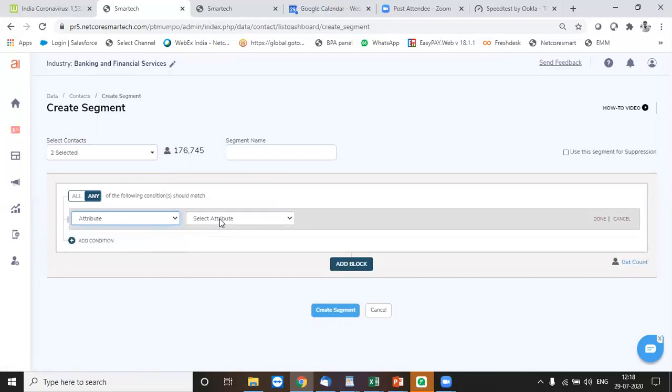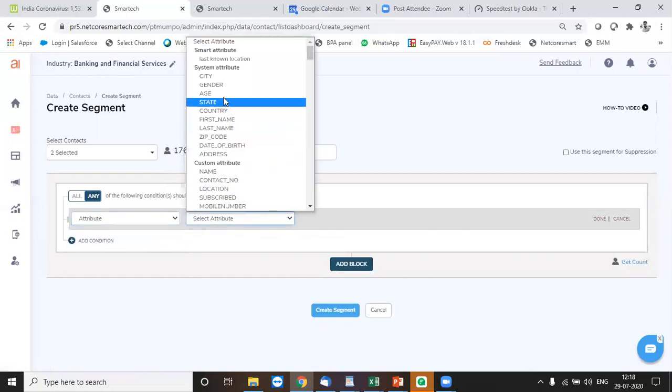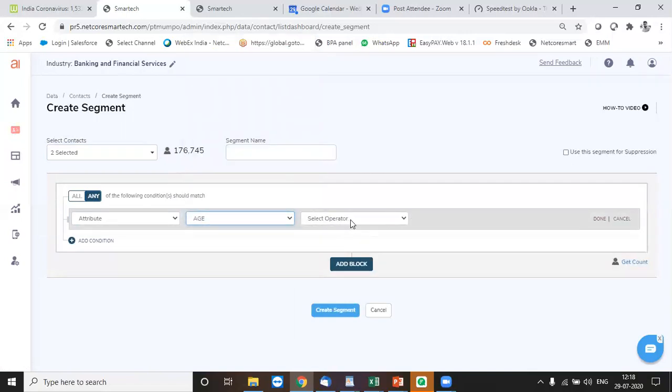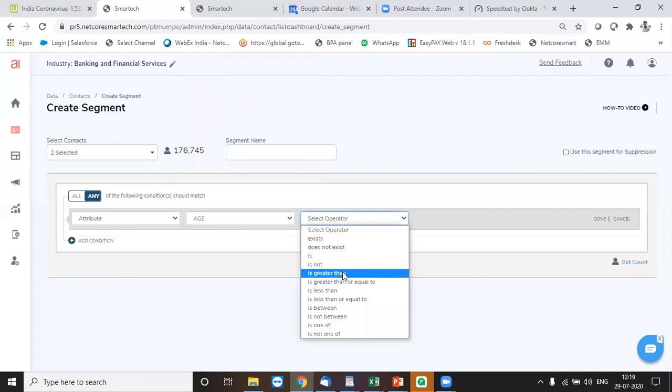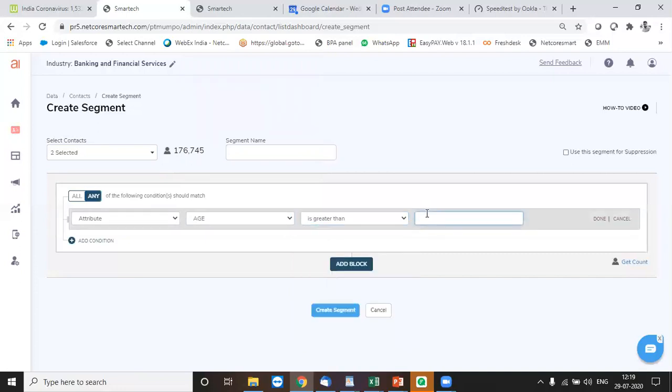First, let's say the age. So the attribute age, if I have uploaded it into my system, and if the values are there, I can select the operator. This is where the operator plays an important role. For an integer, I would get a set of operators which are relevant to it: greater than, less than, in between. So let's say I want to target people who are more than the age of 25.